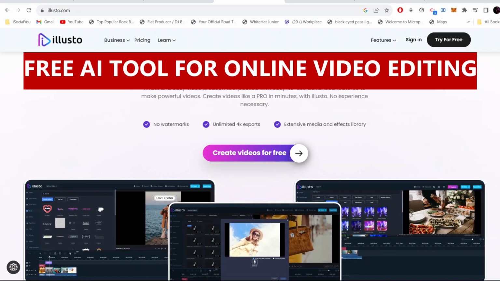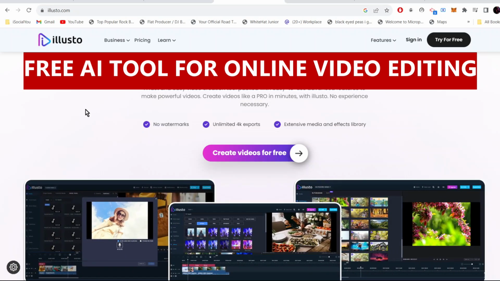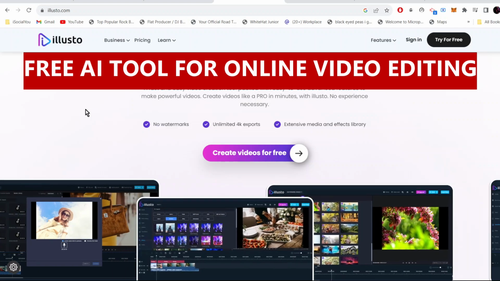Today we're going to talk about Illusto, a very powerful online video editor that you can use right now, and